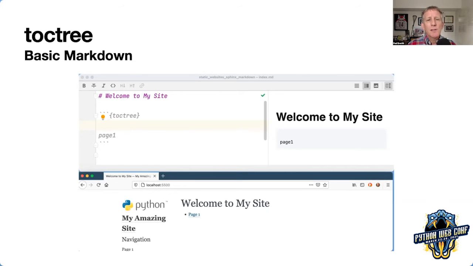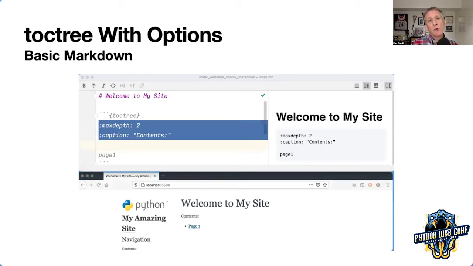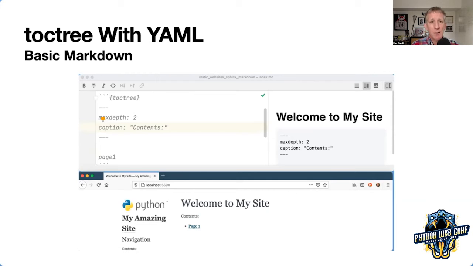Let's do some options. Toctree has its fair share of options. And so here we're passing two options to toctree about the depth and what kind of little heading to put on it. And like I showed before, options can be expressed in the Sphinx colon syntax or in YAML. So this is the exact same thing done as YAML. And we have toctrees.